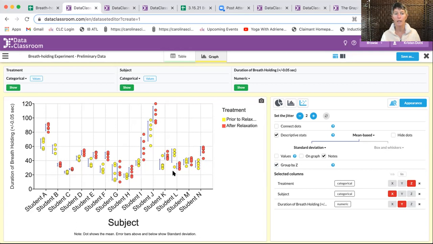If we look at student L and G, they seem to stay about the same. But if we look at, oh, that's not true, I'm sorry. If we look at L, it actually went down for the most part, and so did student B. And so we can have these differences, and the student can talk about these students who were not following the main trend, where they did in fact have a shorter duration after relaxation, and maybe even talk about those